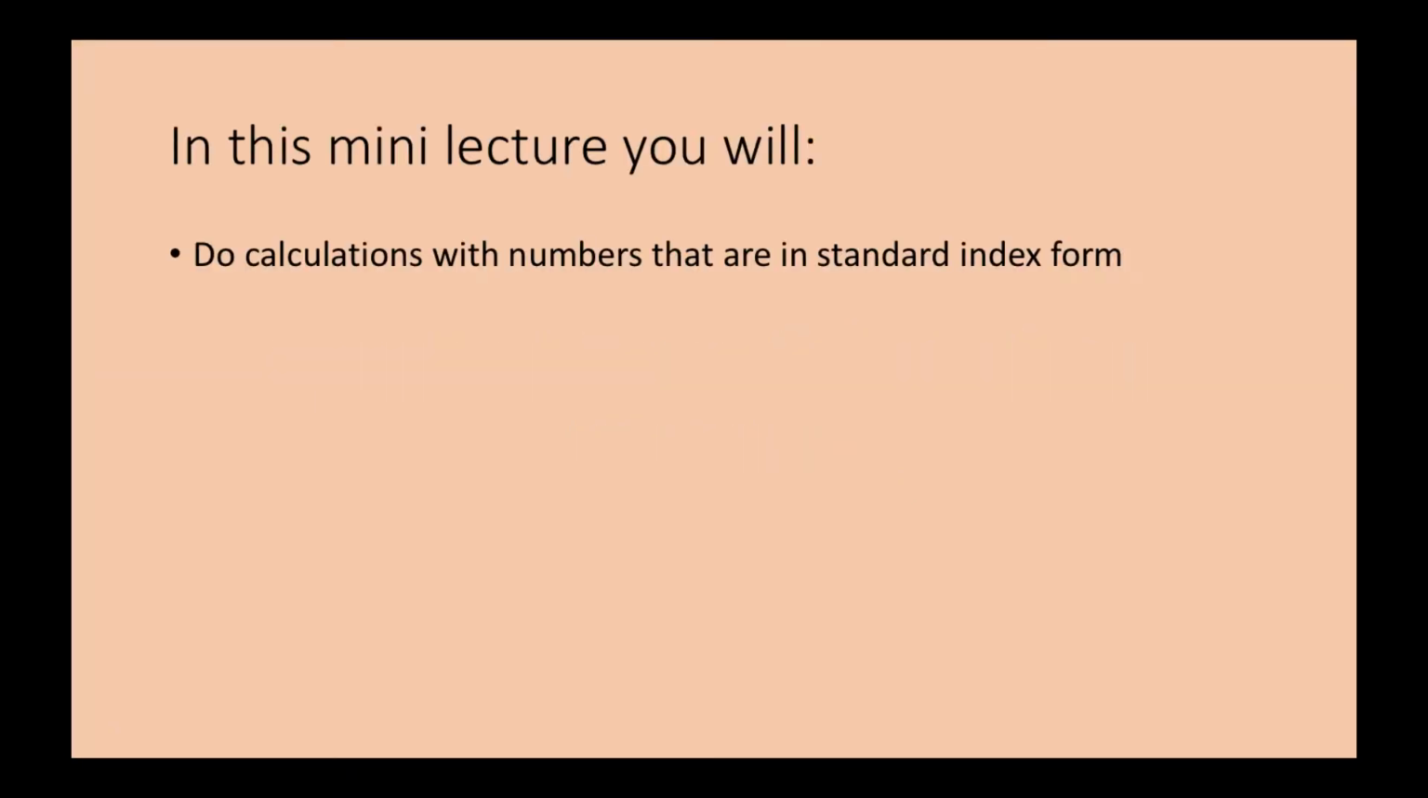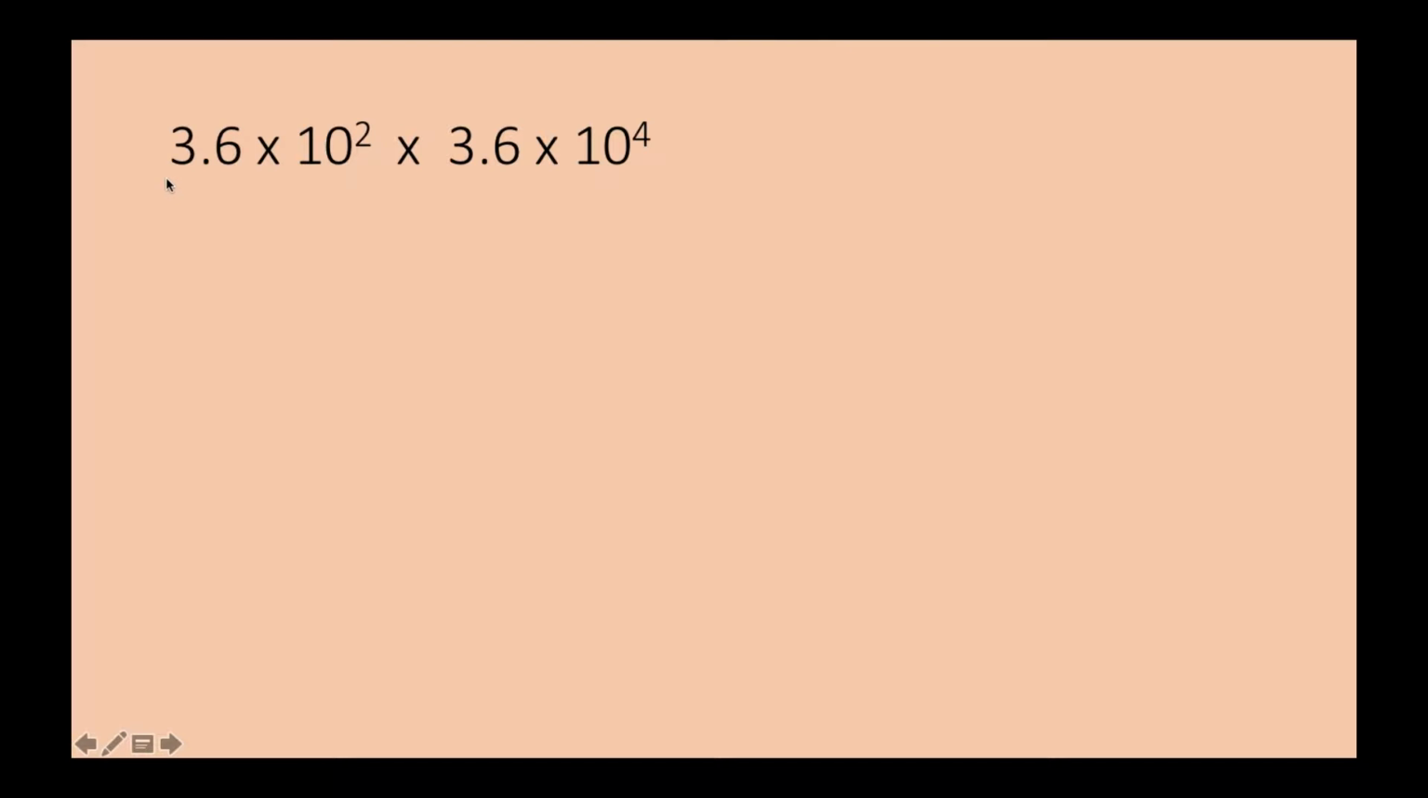In this mini lecture, you will do calculations with numbers that are in standard index form. So let's have a look at this question. Here we have two numbers that are in standard index form. So we have 3.6 times 10 to the power of 2 multiplied by 3.6 times 10 to the power of 4. Because we're multiplying these two numbers together, the first thing